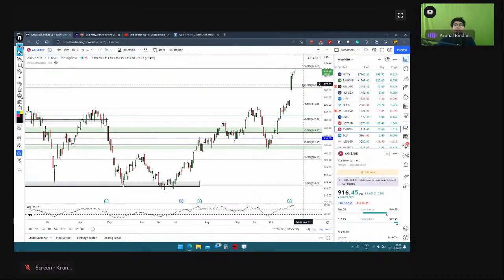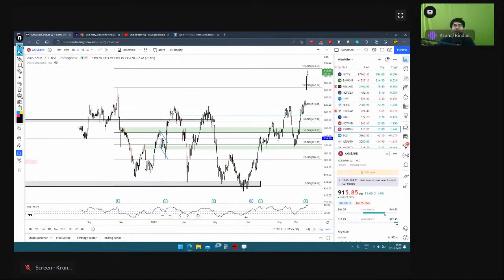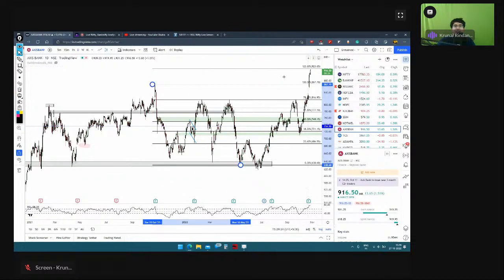Axis Bank is also up right now. Yes, correct. 1.5% up. Axis Bank, I feel the most interesting move is this one because we can see it was up 9%. 9% ऊपर on results. We can see these were the earnings और उसके हिसाब से ऊपर गया है, and we can see Axis Bank is actually well above 900 now, as you can see, and